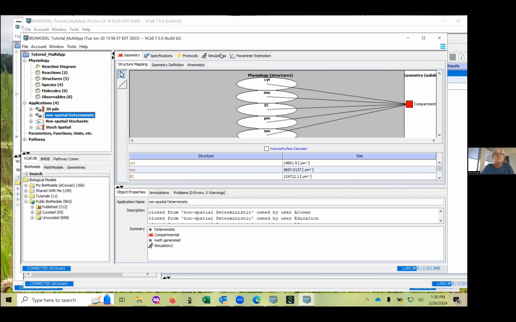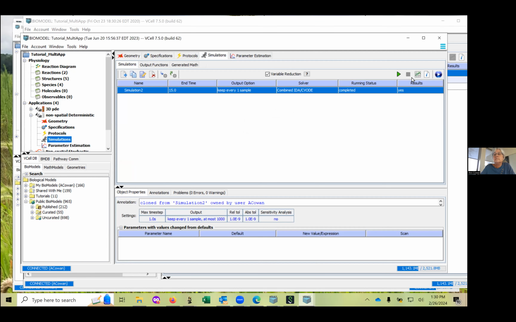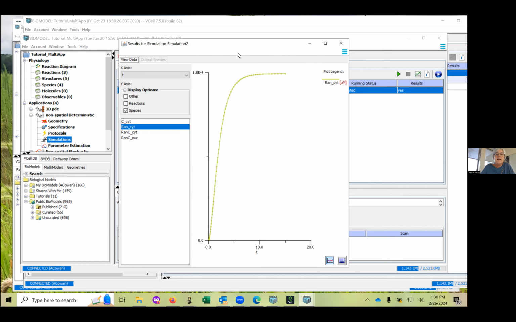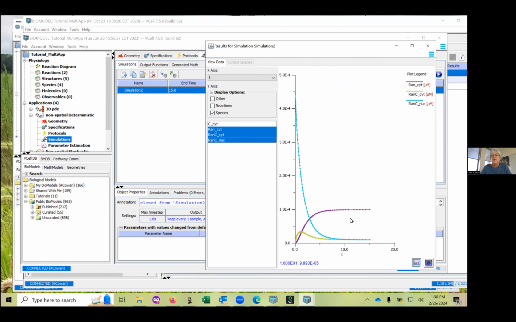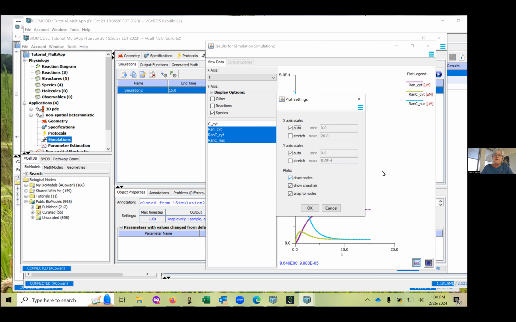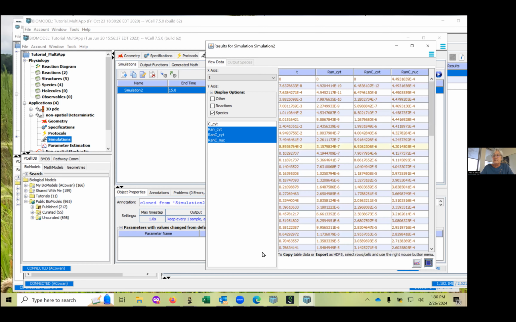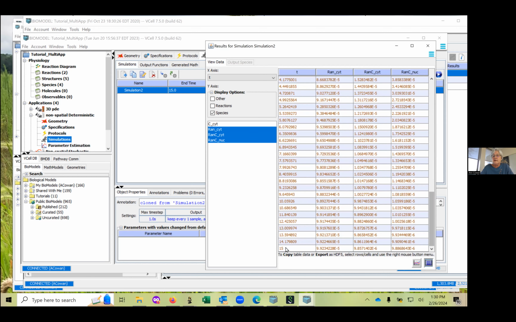Okay, so again, here we have the results of this simulation where I can look at multiple species, and we can see that it's come to a steady state distribution somewhere around here, around 10, right? So this is now, I know, the steady state distribution of these particular molecules, and I can actually look at these values and copy these values,